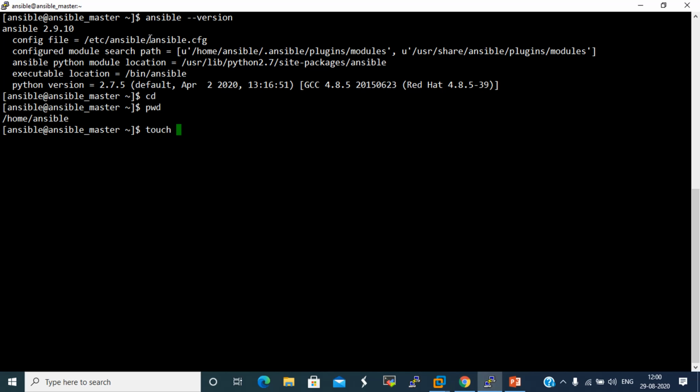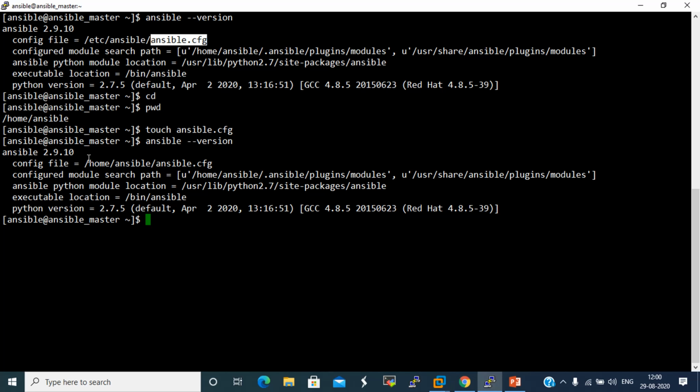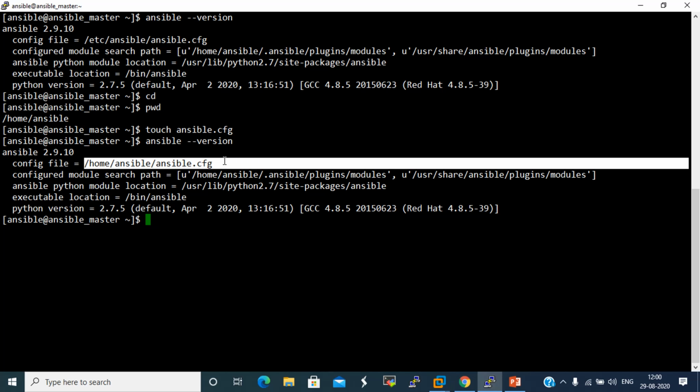We will create one test file here. Now we will see the version. Now it shows us the config file location is the user's home directory.